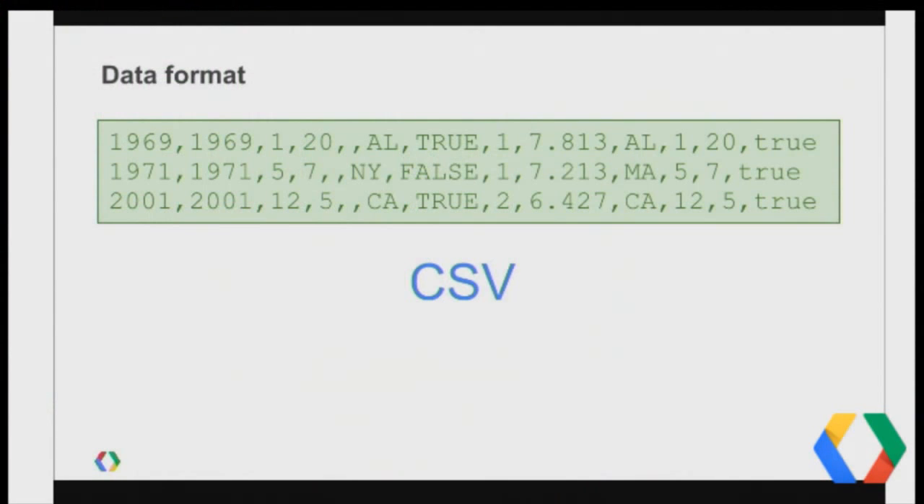So the first thing we want to talk about is the data format. What does your data need to look like when you load your data into BigQuery? It's pretty simple. It's a CSV formatted file. So here we can see 3 lines of a CSV file. This is actually data representing